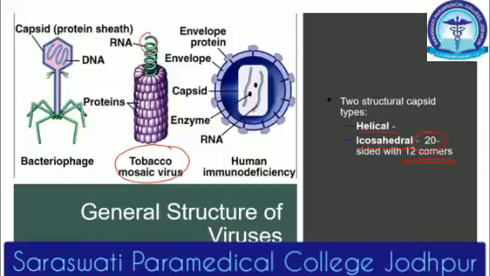They are stacked on one another like a helical coil, inside of which the genetic material is present. And there are complex viruses like the bacteriophage, which contains the capsid, that is the protein head, and a tail, and there is a spike and the attachment plate. All these things are present, and inside the capsid head the genetic material is present.